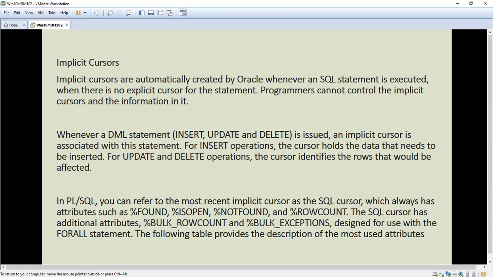In PL/SQL, you can refer to the most recent implicit cursor as the SQL cursor, which has attributes: found, is open, not found, and row count. The SQL cursor has additional attributes like bulk row count and bulk exception, designed for use with the FORALL statement that we will see later.